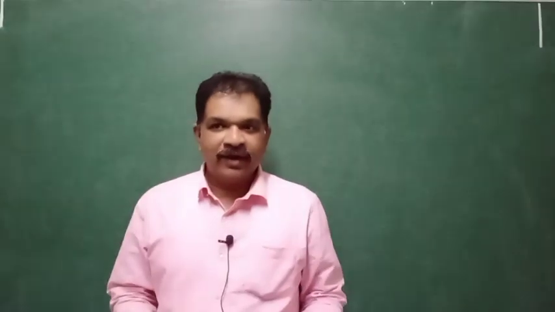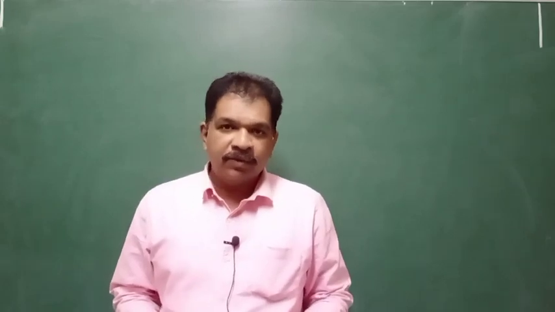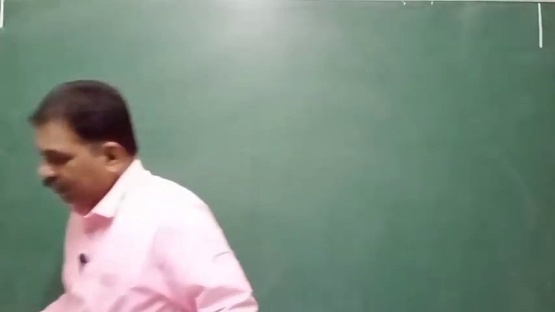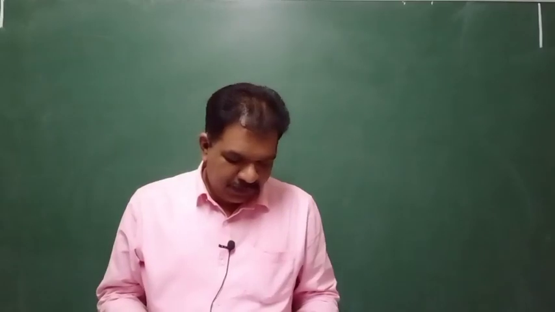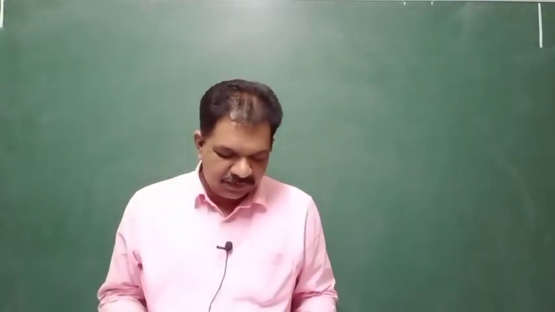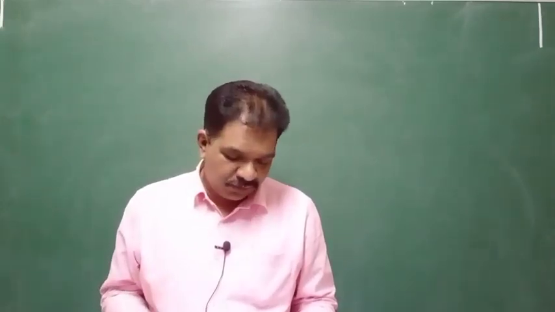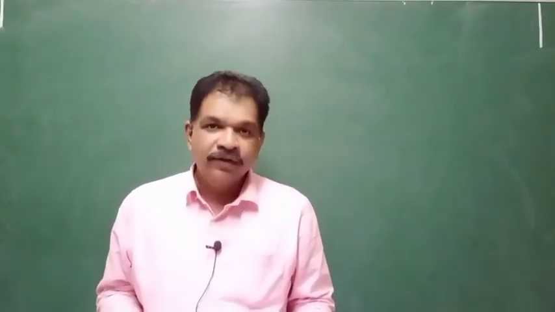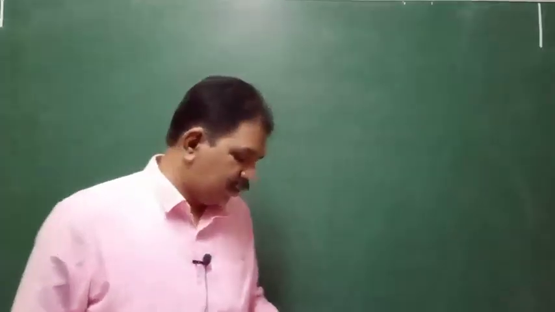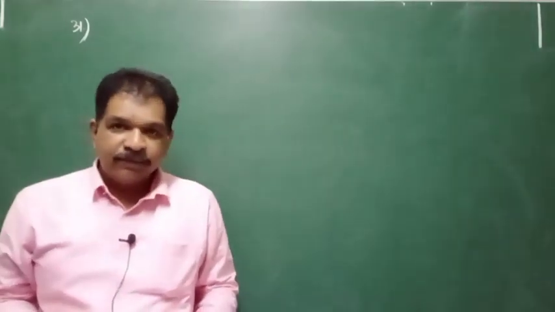Last class, two parts of units and measurements were completed. 30 problems are completed. See what they are asking from 31. Name the device used for measuring the mass of atoms and molecules. To measure the mass of atoms and molecules, we will use spectrograph, photograph, cryptograph, radiograph. Answer will be spectrograph. Mass spectroscopy, basing on that we can measure the masses of atoms and molecules.